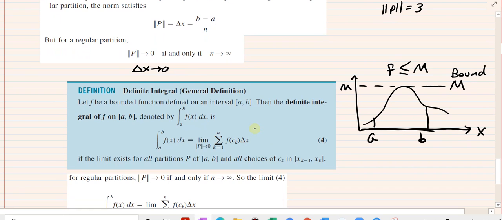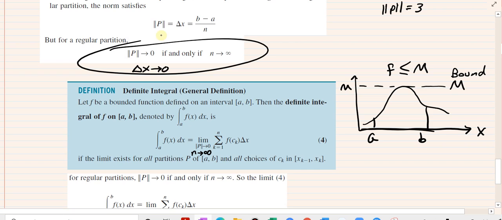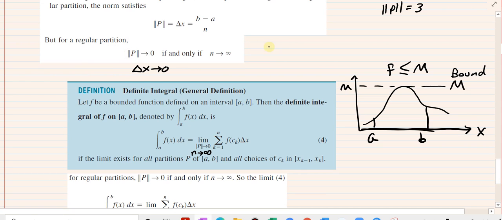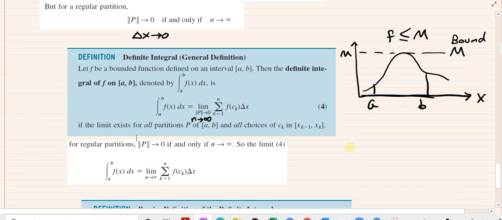And for a regular partition, for the norm to approach 0, n must approach infinity. So this is really equivalent to saying n has to approach infinity. It's based on what I have here, right? And if the limit exists for all partitions P, it doesn't matter, any partition would work. In other words, you can break down your interval into however many pieces you want. Delta x really doesn't matter what it is, as long as delta x approaches 0. Again, for a regular partition, the norm of the partition approaches 0 if and only if the number of